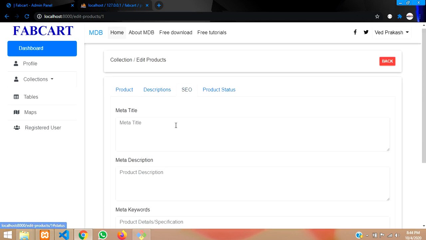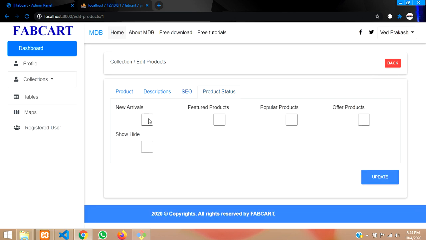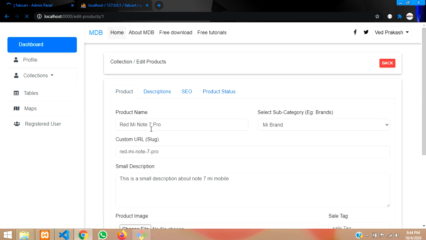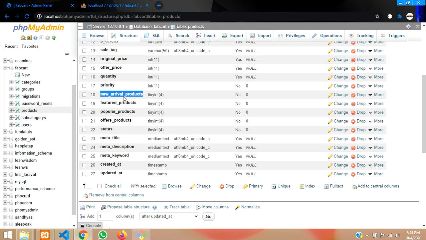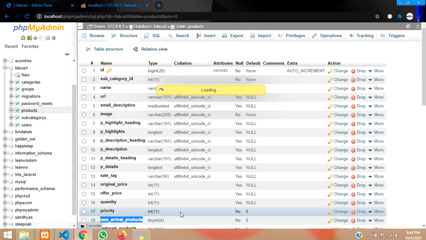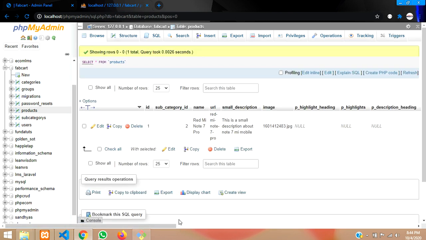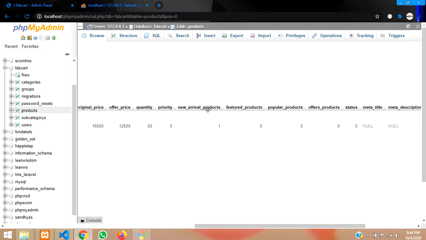Okay, so you can check in that product status, which should be checked as 1, but it's not checked. So let's just check that. Control R, let me go to product status. Okay, new arrivals product, let me see what that status is. We want to check that once, so let me move. New arrival product is equal to 1.